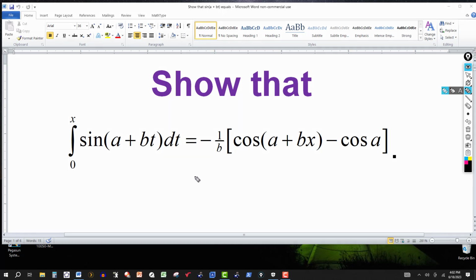Now we could use a standard u substitution for this one. Let u equal a plus bt. Here the variable of integration is t. A and b are considered constants here. We've got an unknown value for the upper limit of the integral. I just work it as usual. And then of course here du